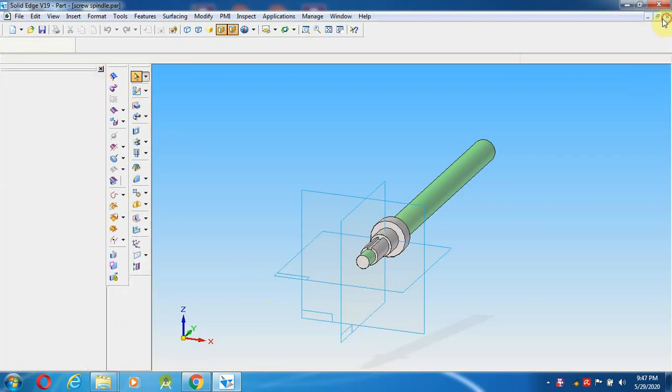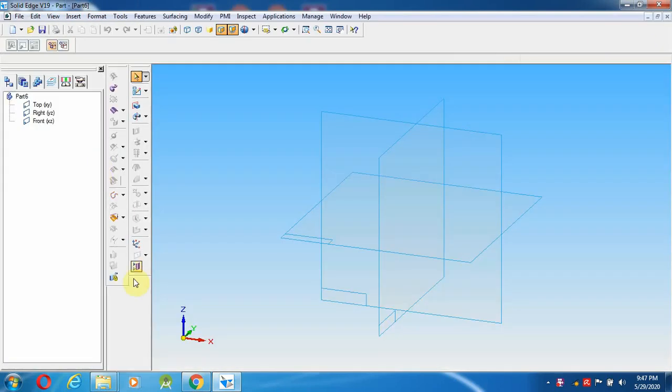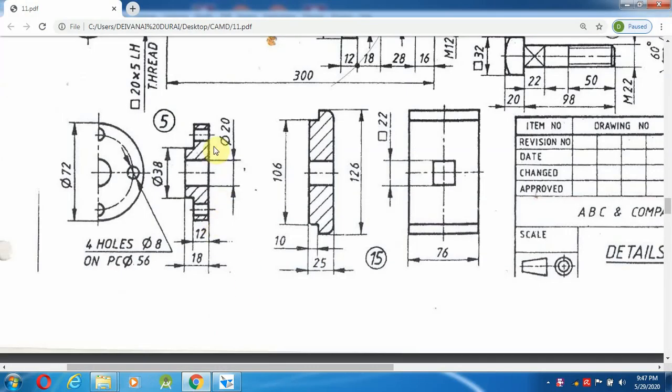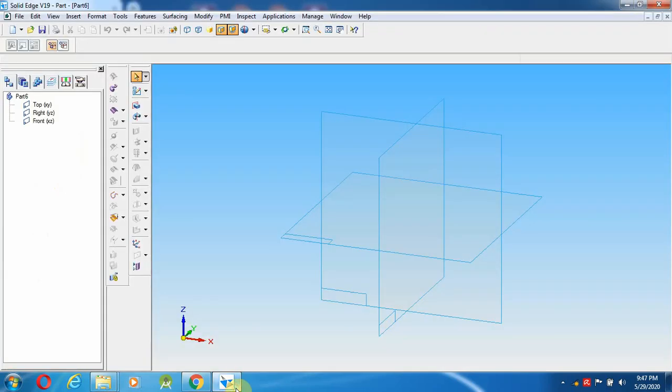After saving this, you can delete, go to the solid part, and if you see from the front view, they have given an inside hole of 20 mm diameter, the smaller diameter 38 mm, the maximum diameter 72 mm. The depth is 12 and 18, that means 72 mm diameter with depth 12 mm, and 38 mm diameter with depth 6 mm. So those things we have to create here.